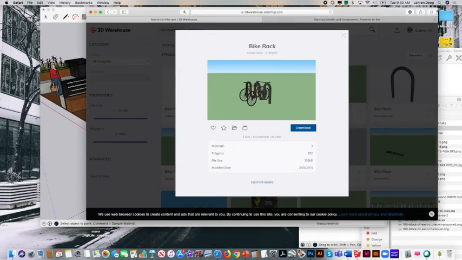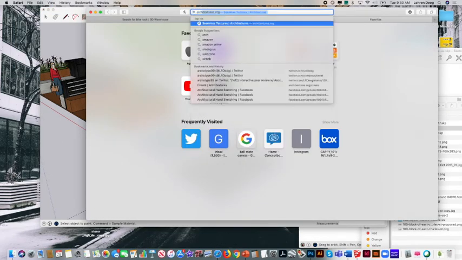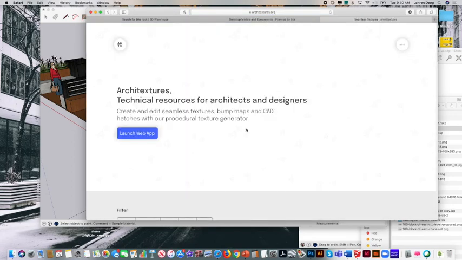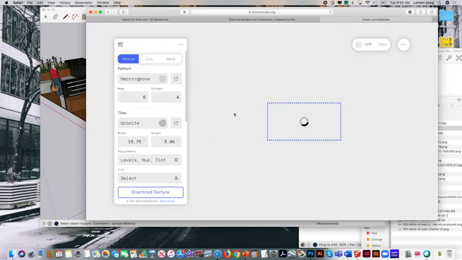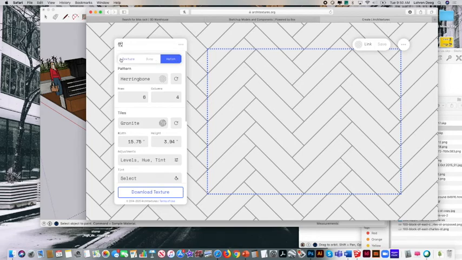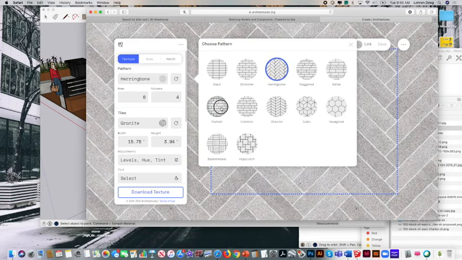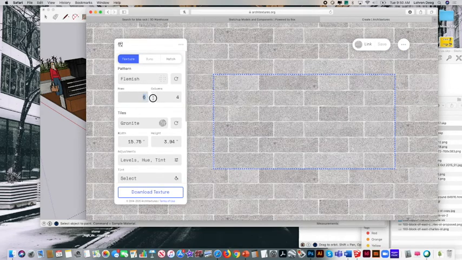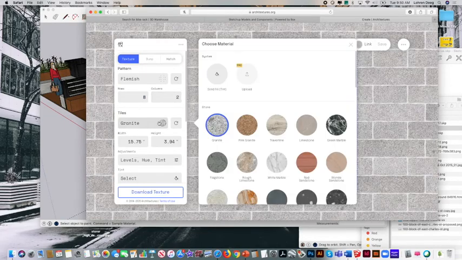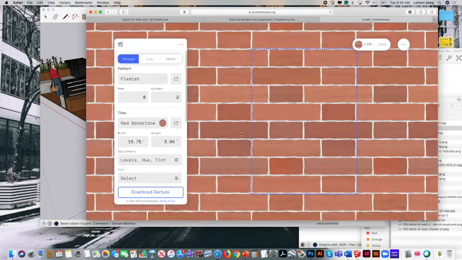There's a website called Architextures where you can actually create textures and bring them into SketchUp. Architextures.org, you just say what kind of pattern. So I want a texture, it's going to be Flemish bond, it's going to be 8 rows, it's going to be 2 columns, it's going to be red sandstone color. I mean, this is pretty fancy. You can make your own texture, and then